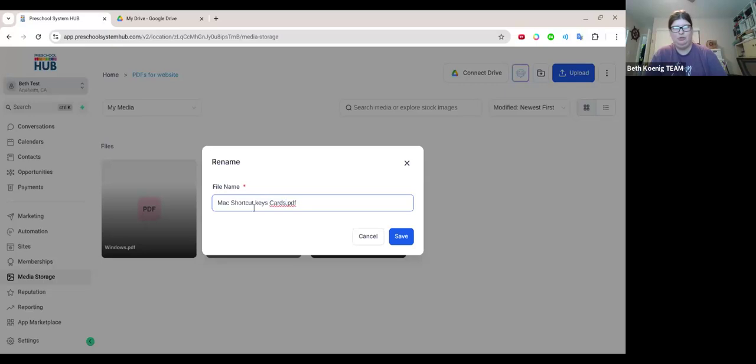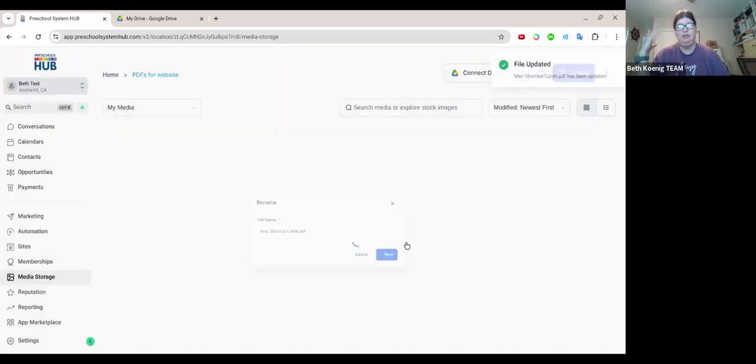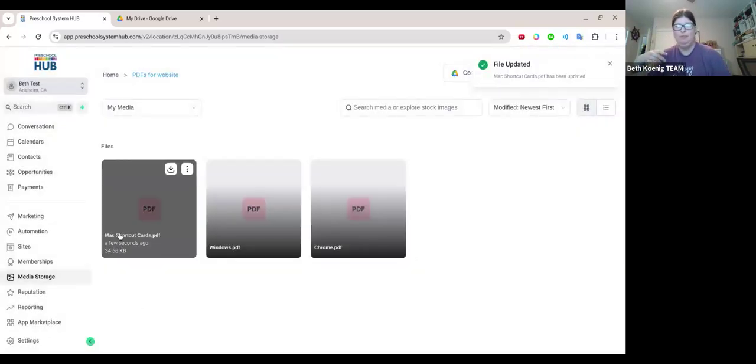That's the Mac shortcut key. Shortcut key cards. That doesn't make sense. Shortcut cards? We could call it just shortcut cards. I know they're keys. But anyways, try and make your title as clear as possible so you'll remember what things are. Right? Because again,